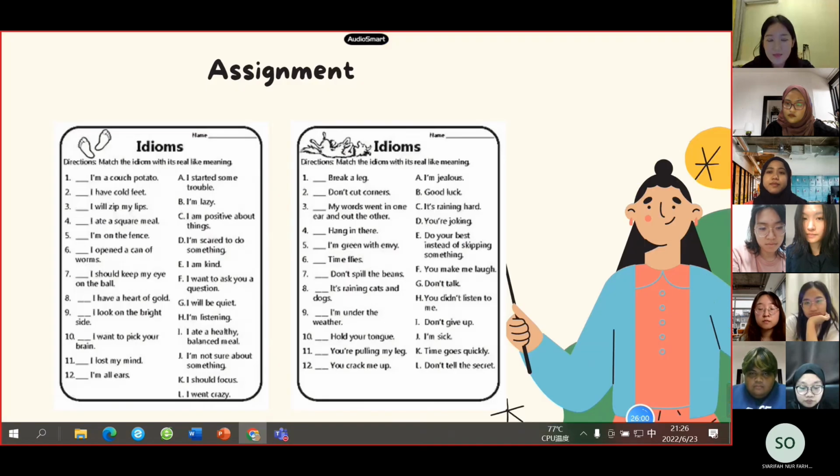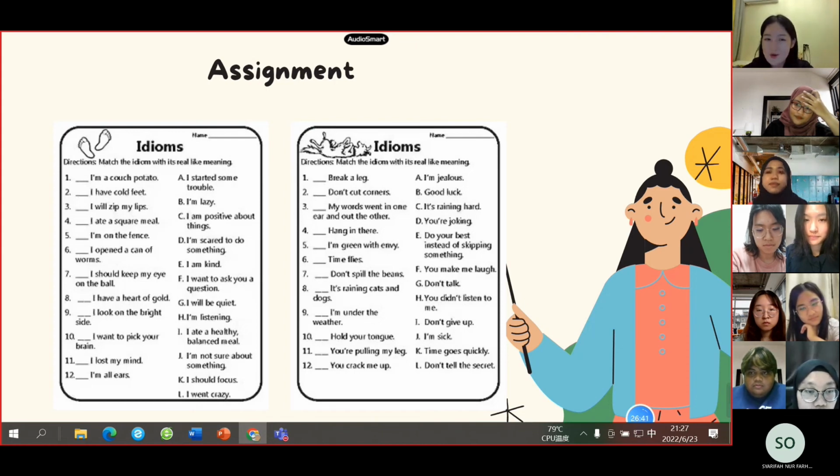All right. So here is the homework. You can see it from the worksheet, the two worksheets. You need to finish the two worksheets before our next class. This is not a very hard assignment. You just need to do the matching activity, just like a game. There are 24 questions in all, and I would like you to finish it before our next class, and I will check your work and give you the answers by next class.